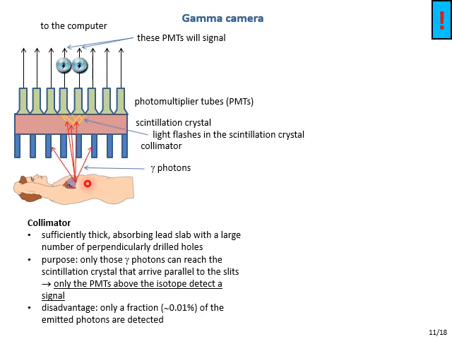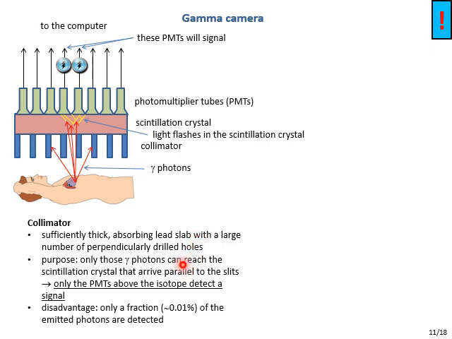Let's assume that a radiopharmaceutical accumulating in the heart has been injected into the patient, and therefore the gamma photons are mainly emitted from the heart. The first component of the device is called the collimator. A collimator is a sufficiently thick absorbing lead slab into which a large number of